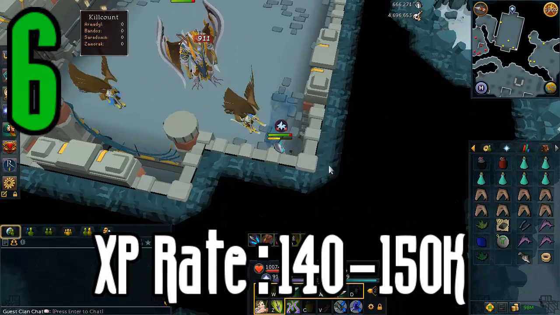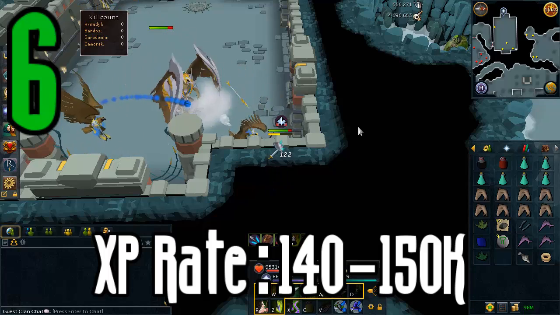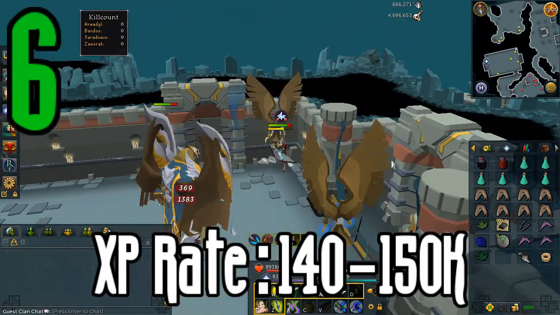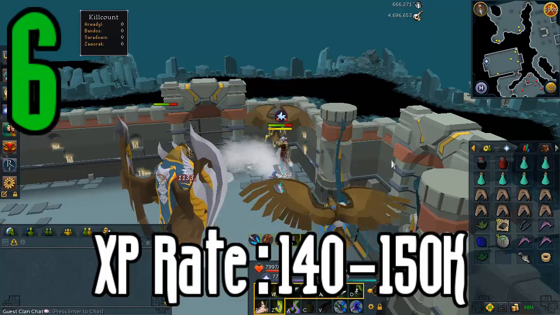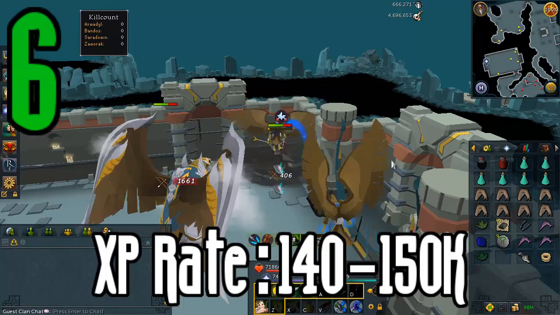Number 6 is a task that improved a lot recently with the God Wars Dungeon fast spawn instances, and that is killing Avian seeds with the Armadillo boss in God Wars Dungeon. The XP rate, about 140-150k Slayer an hour. Also very good range XP, over 400k range an hour, and even a little bit AFKable, if I can admit that. Overall, you can get lucky on this task and make a lot, but it really does depend on luck,